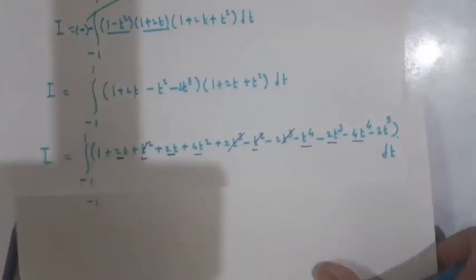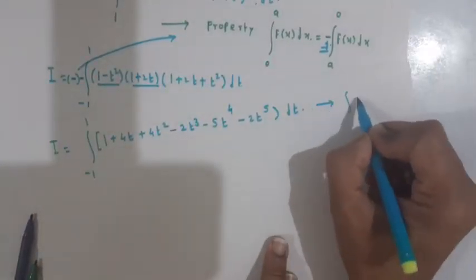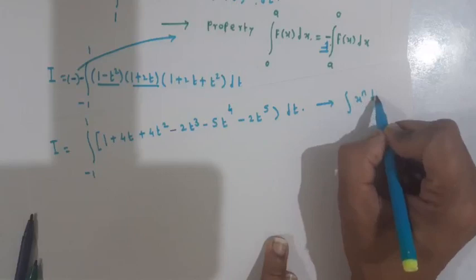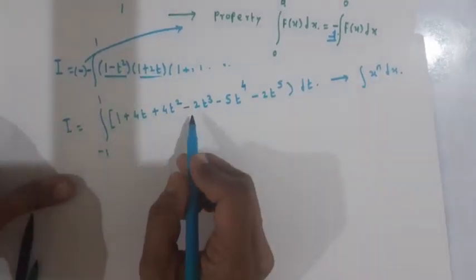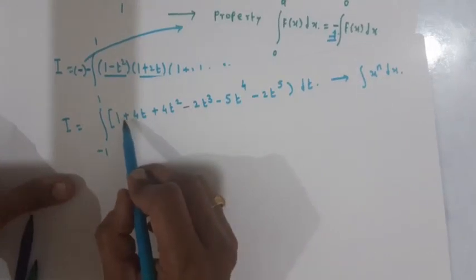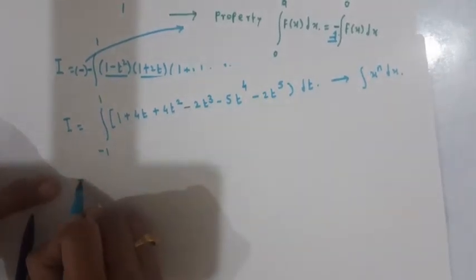Now evaluate the integration by using the x raised to n formula, integration of x raised to n with respect to x. So the integration of each term, there are 1, 2, 3, 4, 5, 6 terms, and integration I equal